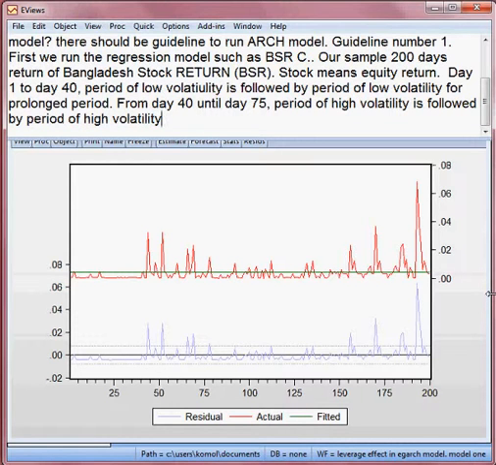So that means one high volatility has been caused by another high volatility for a prolonged period. Again, you see from here, from 75 day until 150 day, right? Here the period of small volatility